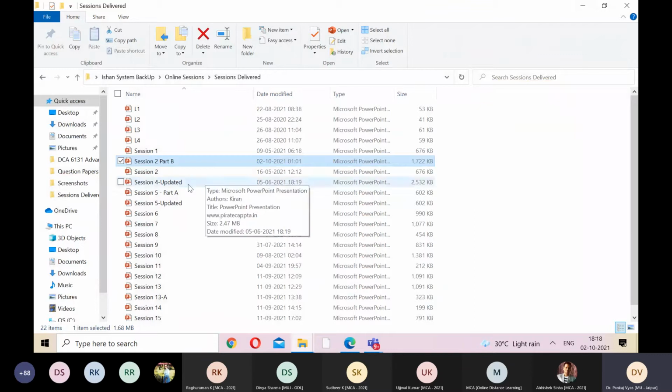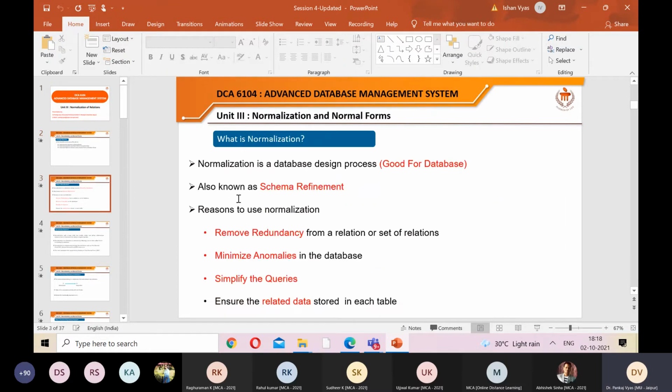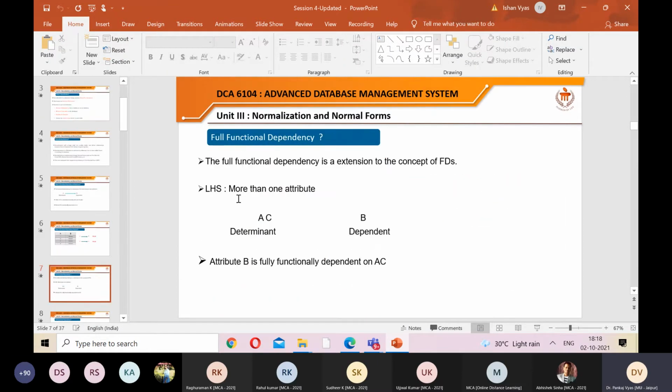Unit number 3 is basically about normalization of relations. Here you have to understand what is first normal form, second normal form, third normal form, BCNF, then projection join normal form, that is up to the fifth. We call it fifth normal form also. Clear? So what is the difference? If you are given a table, how can you convert it into first normal form? If it is in first normal form, clear? It may be possible that I give you an example and you identify in which normal form it is. You may say it is in first normal form. The same relation may be in the second normal form also.